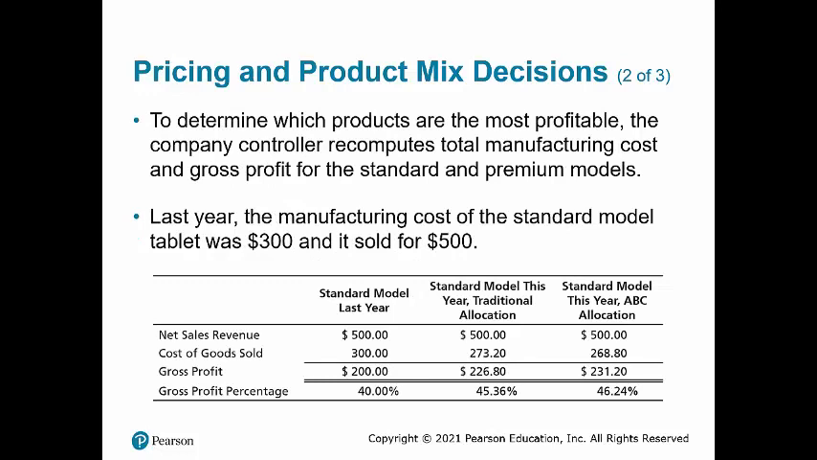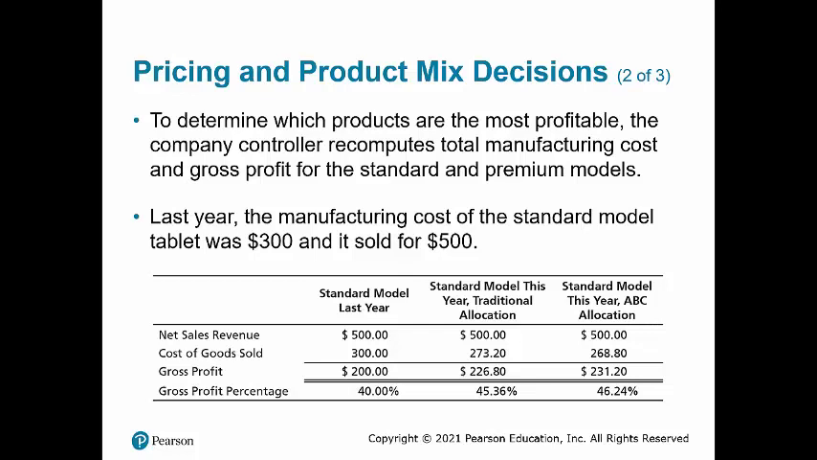So in looking at the pricing of the standard tablet, we can see that last year the standard tablet sold for $500 per unit and the cost of those units was $300. That gave the standard model a gross profit of $200, or a gross profit percentage of 40%. This year we are estimating, using the traditional plant-wide allocation rate, that the total cost for the standard model will be